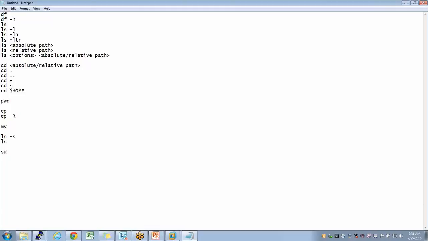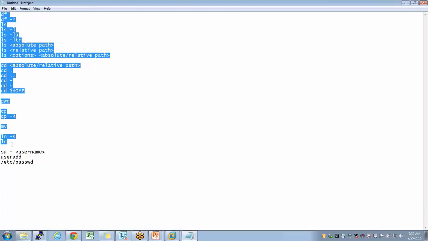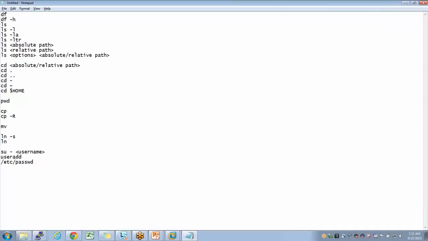On a miscellaneous part, you also looked at switch user, su - and the username, and you also looked at the useradd command. This useradd is something that a Unix admin uses to add a new user. You also looked at a file called etc passwd. This is a file that gets updated whenever we add or remove any user or any of the user properties. Any other command we looked at under the file system? rm, of course. It is better to forget that command. So rm -rf.